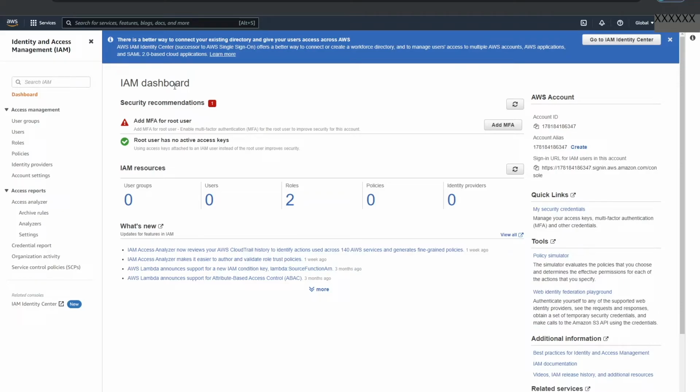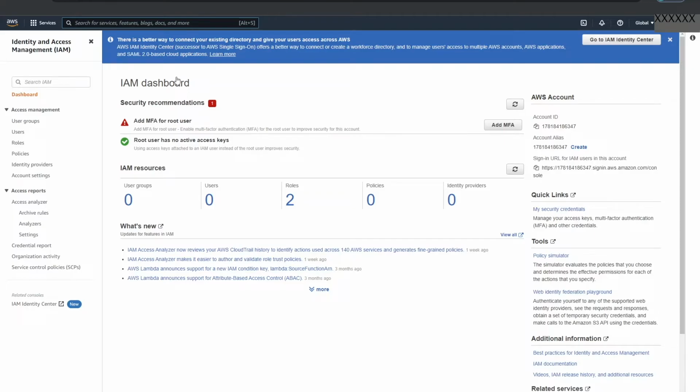You'll notice in the security recommendations, AWS suggests that we add a multi-factor authentication for the root user. Multi-factor authentication provides us with a secondary method for proving to the system that we are who we say that we are. For right now, I'll skip this security step, but I'll try to cover this in a future video.